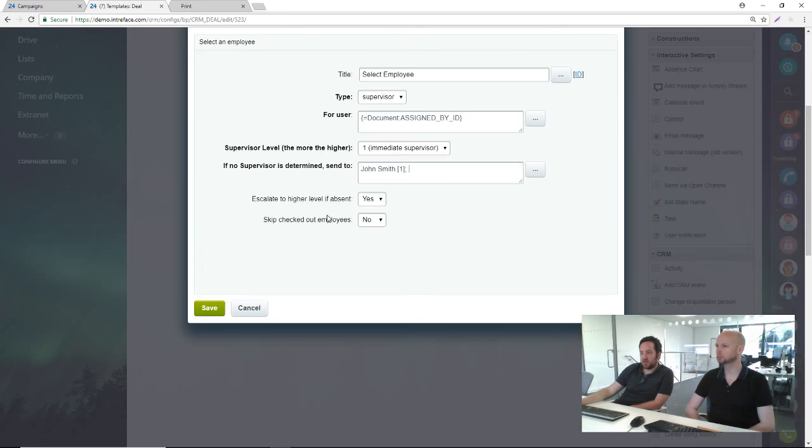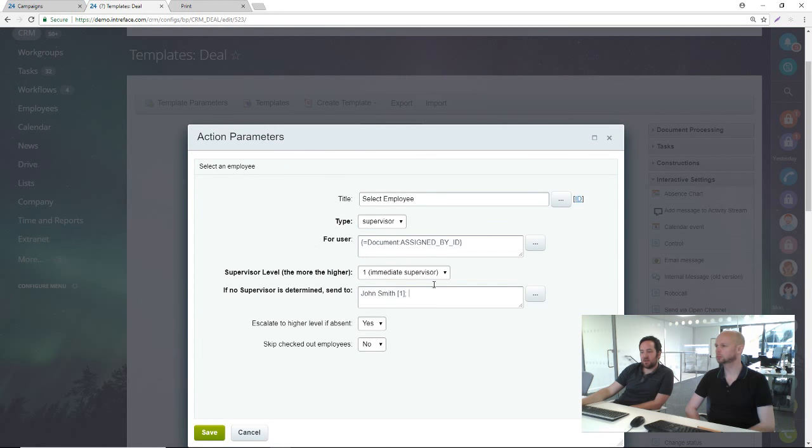So it may be we're logged in as John Smith here. We can actually set it to a particular person. And this is an action block that's probably going to be used quite a lot in approval workflows. So if you're requesting leave, it's going to go to your supervisor, and then it can go to another supervisor for a double approval if you wanted to. But it's under the other section here on the right hand side, and then select employee. Okay,